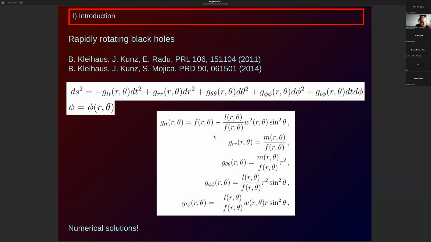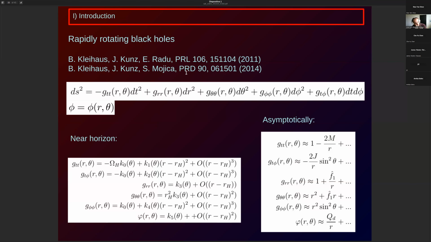So you have to write the ansatz in terms of the two variables, the radial variable and the theta angle, right? And your scalar in the same way also depends on these two variables. Now you throw this into the field equations, boom, boom, boom, you obtain a system of PDEs that you have to solve. Unfortunately, the solution of the rotating black hole is not known analytically in this theory. You have to rely, again, on numerical solutions. Fine. But in principle, it's doable. Details are explained in this paper. Qualitatively, it's the same idea.